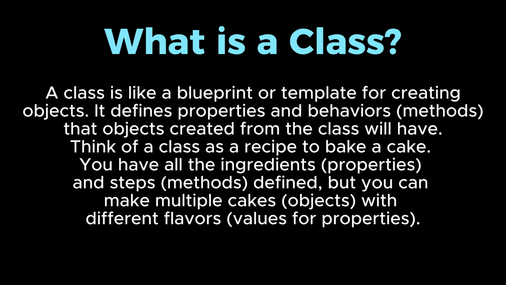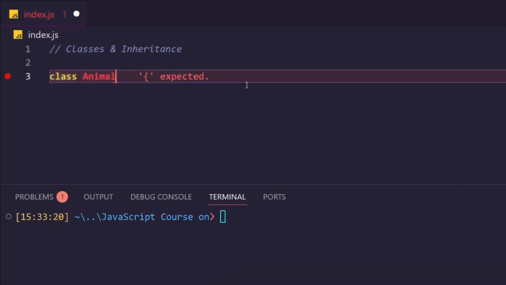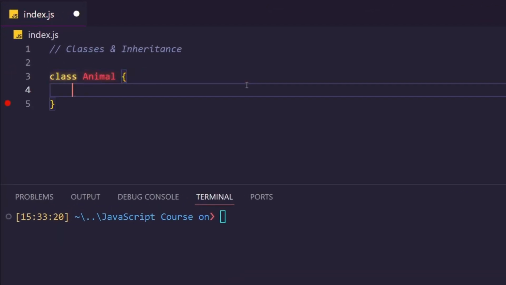A class is like a blueprint or template for creating objects. It defines properties and behaviors, or methods, that objects created from the class will have. Think of a class as a recipe to bake a cake. You have all the ingredients (properties) and steps (methods) defined, but you can make multiple cakes (objects) with different flavors (values for properties). For example, we do class, and let's give this class a name, Animal, and open the curly